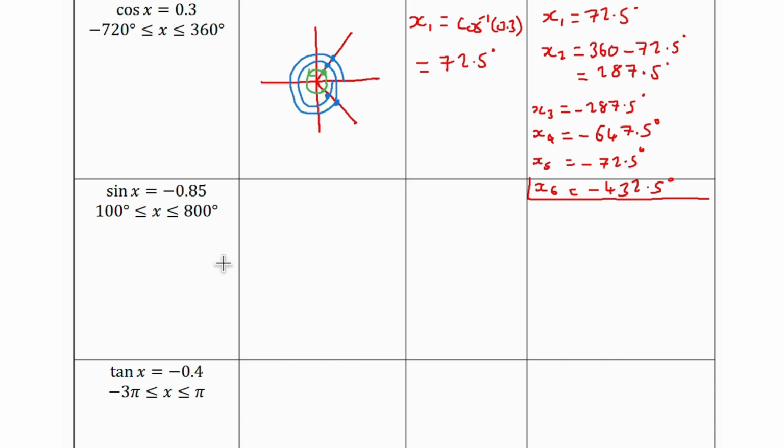Sine of x equals minus 0.85. In our unit circle, minus 0.85, sine is negative in quadrants 3 and 4. And then I'm going between unusual degrees here, between 100 and 800. So 100 degrees is about here. So I'm going to start about here, just a little bit after 90. And I'm going to go round